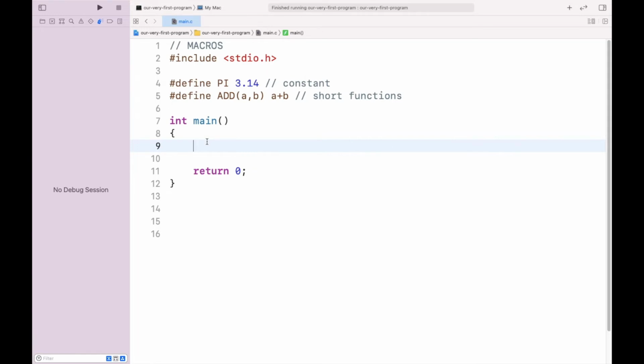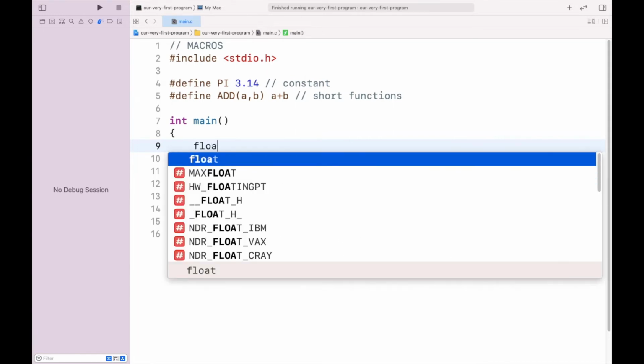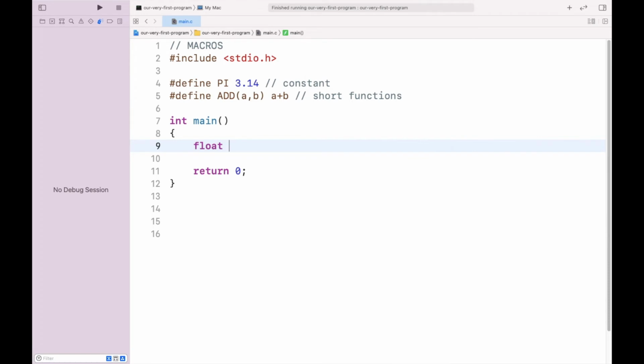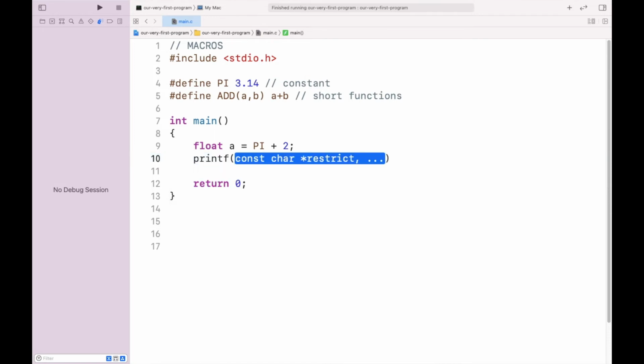We are declaring a floating point variable a, and I am going to add 2 to PI and print it out simply, with percentage f, 0.2, and a.